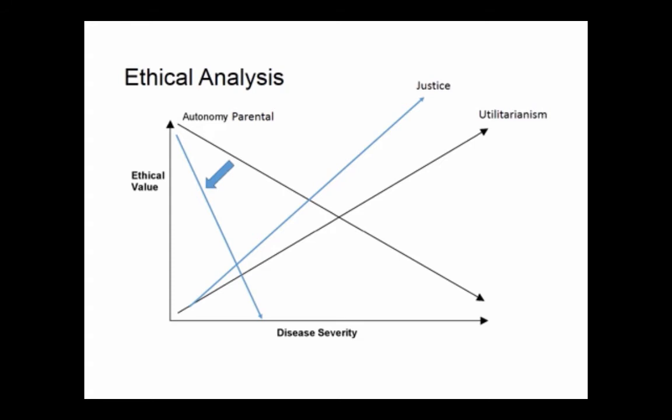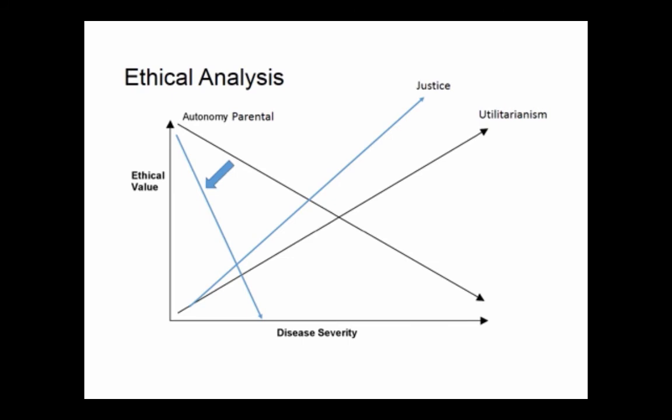This means that even with a lower disease severity, and hence for individuals who thought that HPV disease was less in magnitude compared to polio or other types of diseases, if we put less of a weight on parental autonomy, we do not need that much of a disease severity